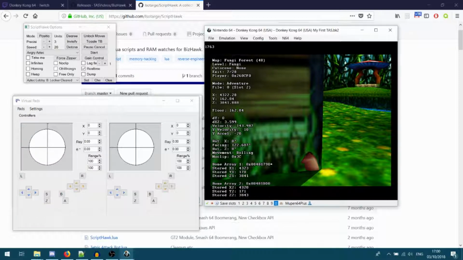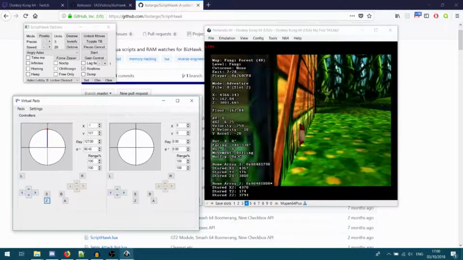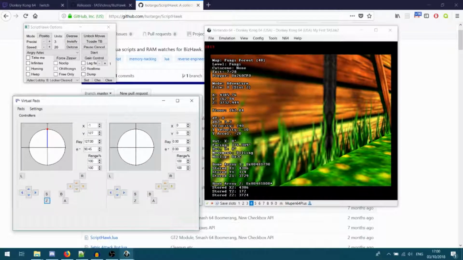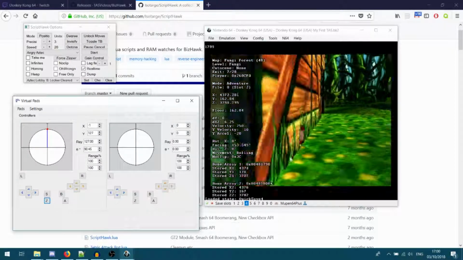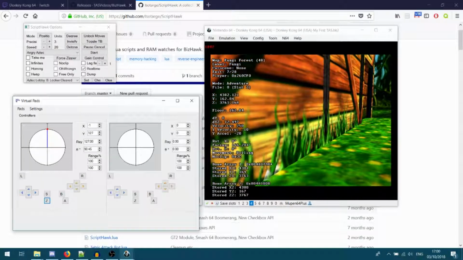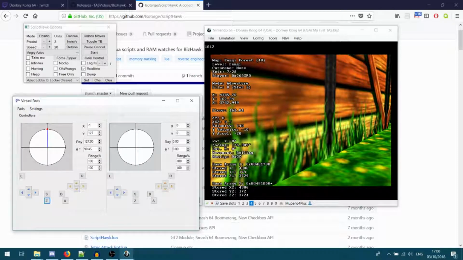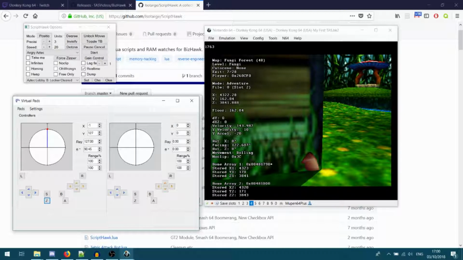So conveniently, what this moves us onto is how to do faster rolls as DK. If you do just a normal roll with DK, as you can see, he goes to 250 and then waits for a little bit. Oh wait, he goes right down to 240. Oh, that's normal, right? No, we can actually extend that. So he goes to 140 on frame 8182. We can extend this a little bit longer so that he slows down a little bit